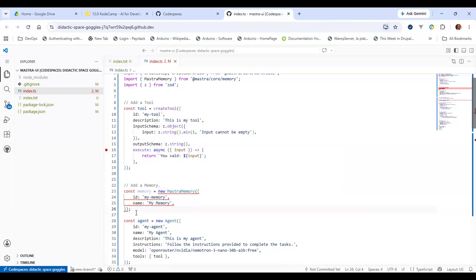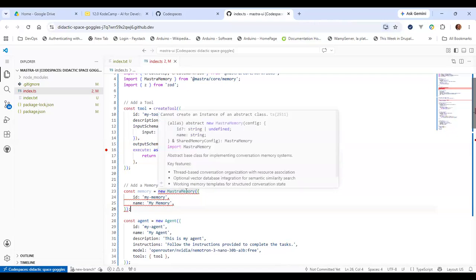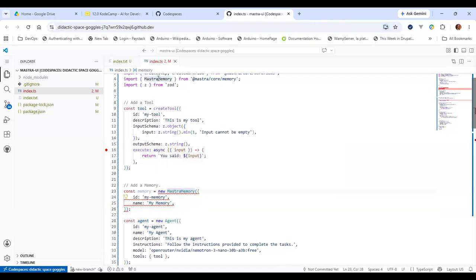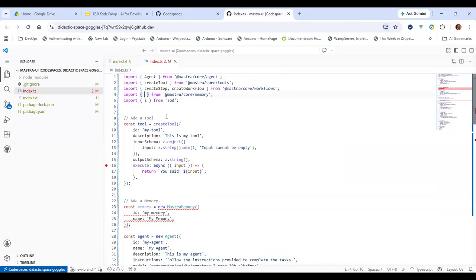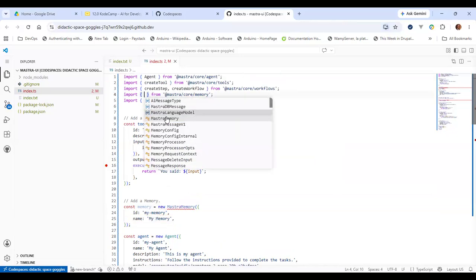Let's see what we have again. Okay, so we have different kinds of memory. Let's see if I can remember from my usage.